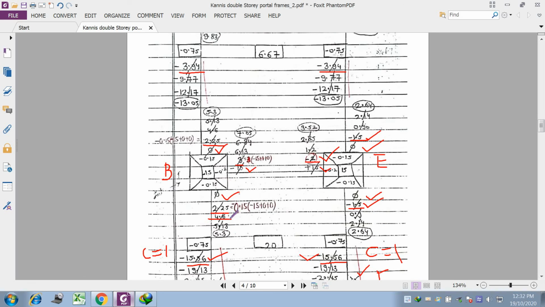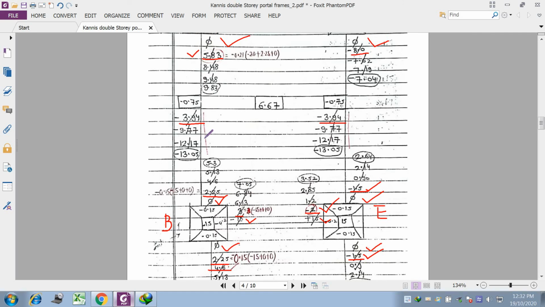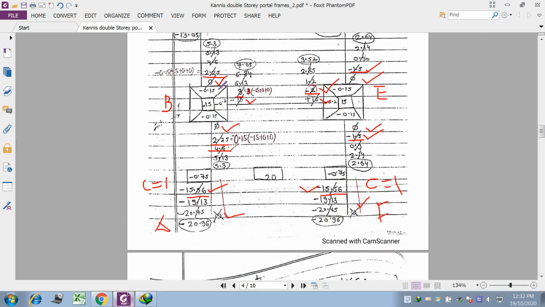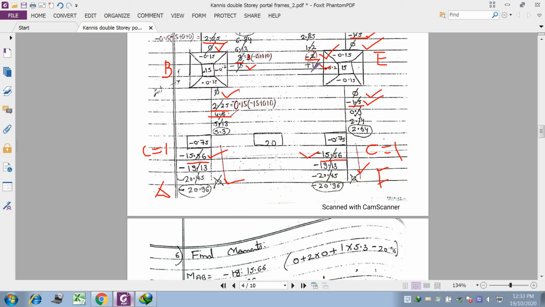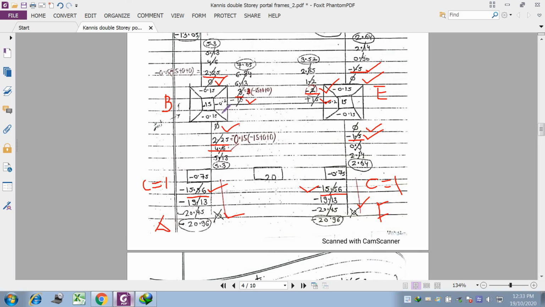That is, for the second iteration we have to consider both the top and bottom column values, from the top story as well as from the bottom story, and also the beam factor. We have to incorporate all these factor values in our calculation and then multiply with our rotation factor. Then you will get the answer as 4.6. Then only you have to replace minus 0.15 with minus 0.2, then you will get the answer as 6.13.